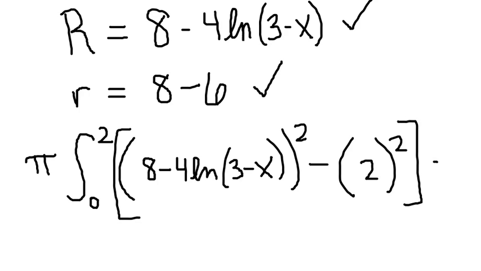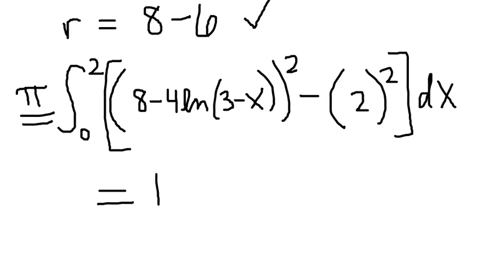And again, this is a calculator question. So just go ahead and make sure you have all your signs correct. Make sure you have your limits from 0 to 2 correct. And make sure you don't forget to multiply by pi. So your final answer when you type this into the calculator